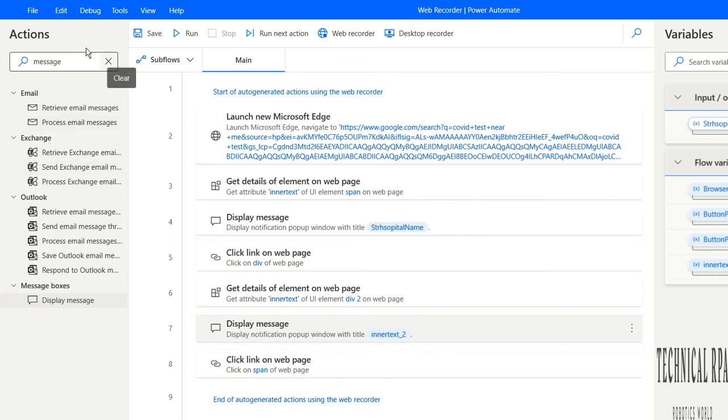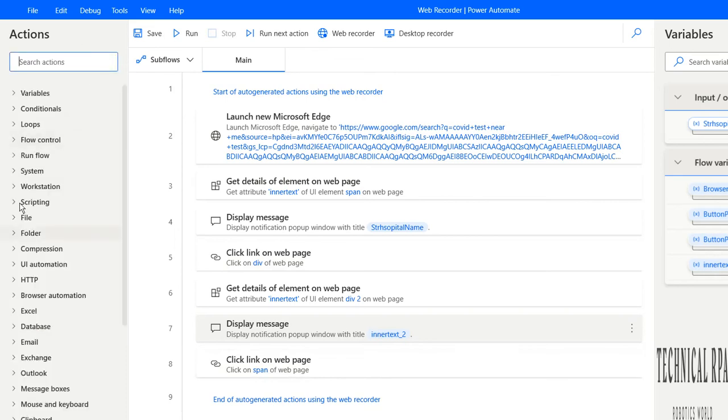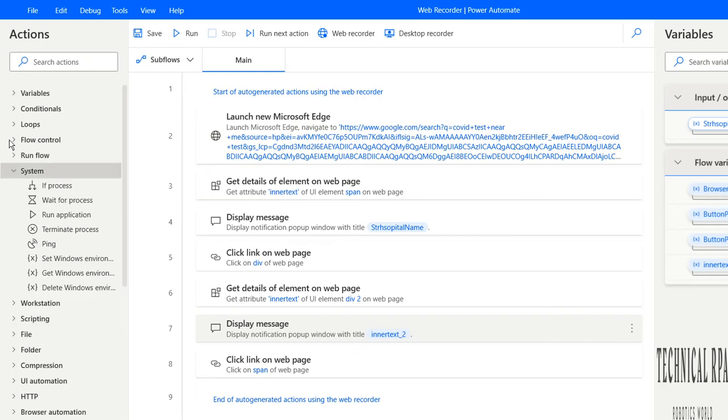Also, one thing they have done: previously, when automating in UiPath or Blue Prism, we used a lot of scripting. Suppose I want to get how many folders are available in a zip file. In that case, I have to go to VB script. But here, everything is inside the system and workstation files.